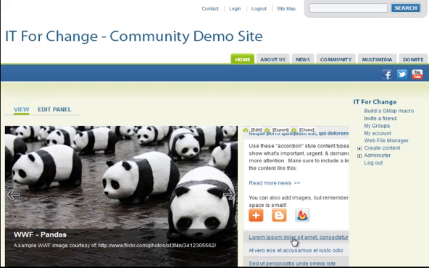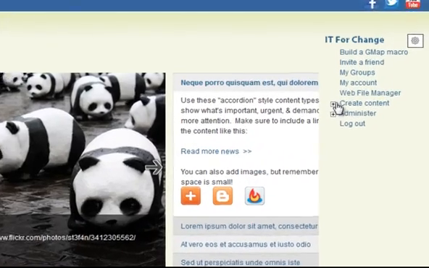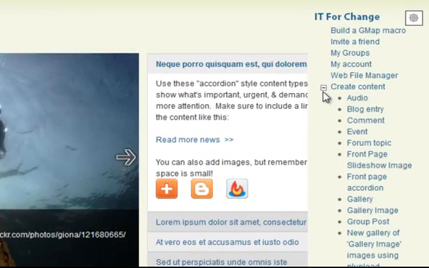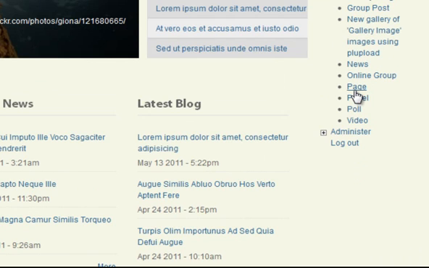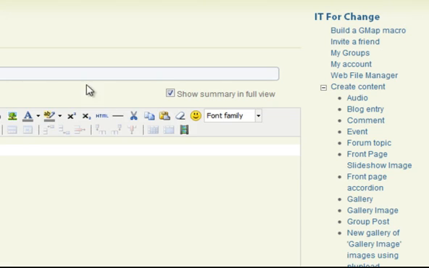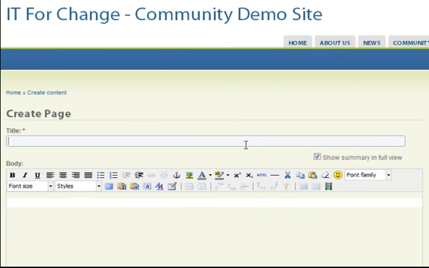In this video, we'll show you how to create a simple page for your website. I'm starting from the home page and I'm going to click on the plus to expand Create Content, and then I'm scrolling down and clicking on Page. The first thing you're going to notice is you can give your page a title, so I will call it